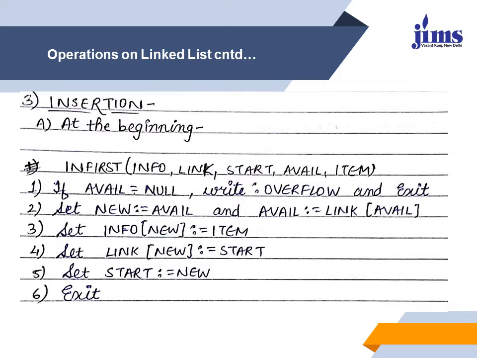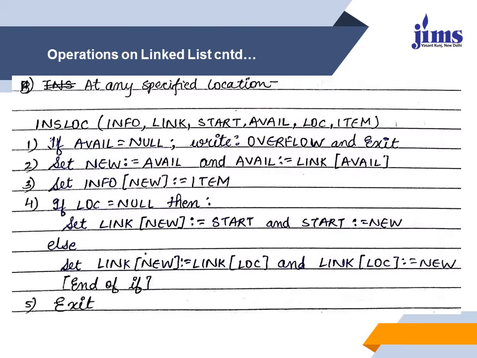And then since this node goes at the beginning of the list, I simply set the link of this new node to start. That means now this new node is pointing to the first node. Now start is also pointing to the first node, and the new node is also pointing to the first node. This cannot happen. So since this new node has to become the first node, I'll have to point the start to this new node. So the next step should be start is equal to new, and then I'll exit out of the algorithm. The node is inserted at the beginning.